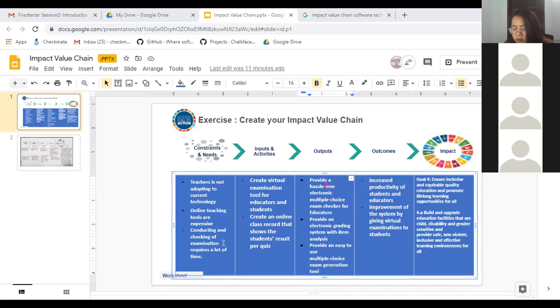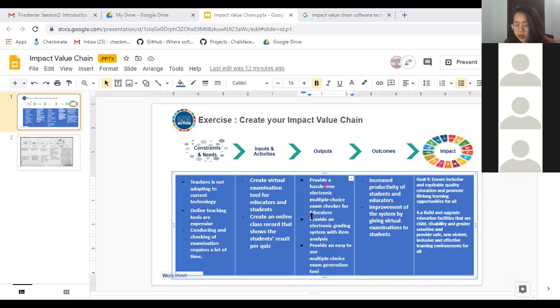So the student has a test paper that he or she is going to shade. The teacher is just going to check the test paper using our phone. So for our improvement, we want to create a virtual examination tool that requires just the mobile phone of the students, and the teacher will just create an exam and automatically the student will answer it through their phone.